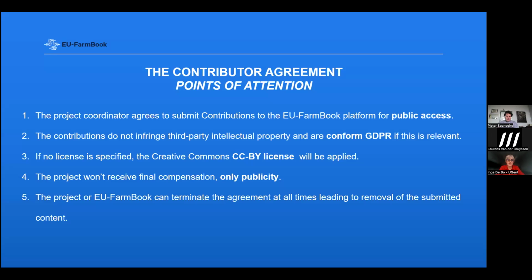So not violating third-party intellectual property means if you make use of a video, photos, images, and so on, the moment you create this project output, an infographic or whatever, then it's important that you realize that you have to look at that license, or that you certainly have to mention the authors. Conform GDPR means that you are looking at the General Data Protection Regulation, and this is, again, something